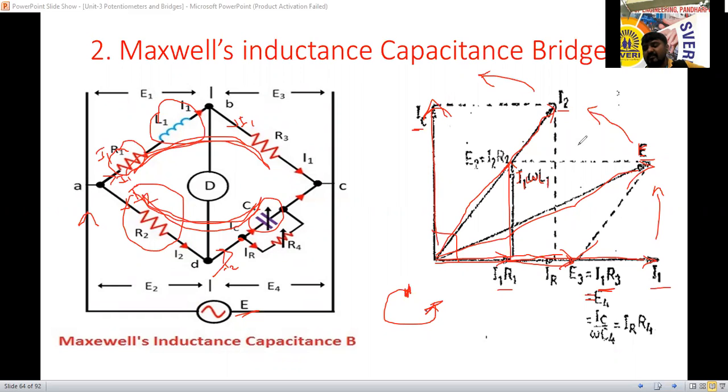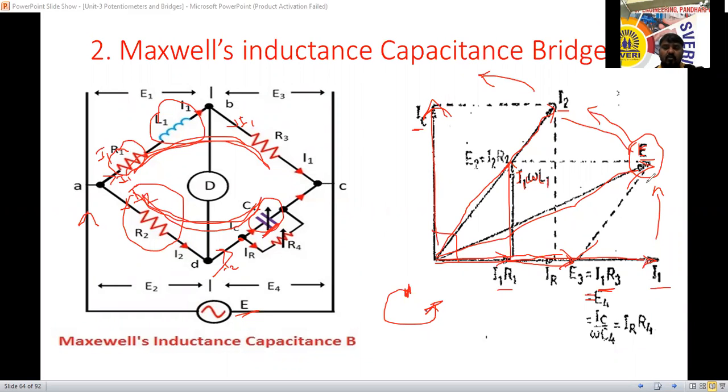To consider the reference, I am telling this one as E is the reference here now. E I have taken reference here. E reference लिया तो E से I कौन सा है? I2. So I2 leads E here now. I2 leads the voltage. Yes, sir. I2 leads the voltage means I2 is nothing but current flowing through the capacitor. Yes, sir. So according to the procedure correct हो गए. I2 leads the voltage here.